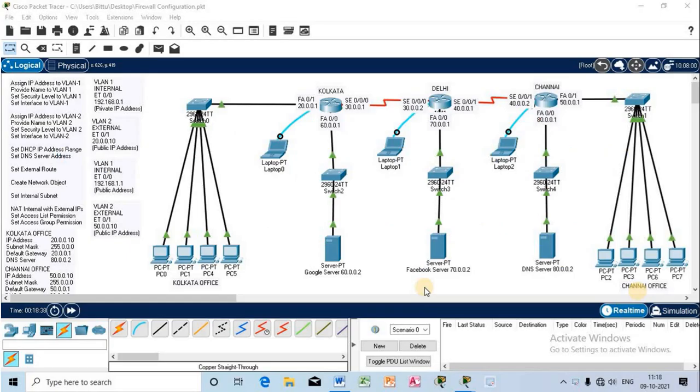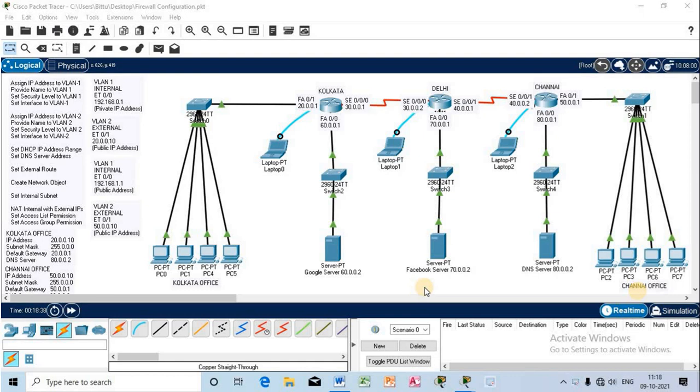This is the Cisco Packet Tracer application interface. You can observe this is the updated version. It seems to be similar, but there are certain changes you can observe. We have the working tools at our top left corner. Initially, in the older version, we had those at the right of the interface, but in this updated version we have the working tools at the top left corner, but all the networking devices, as usual, are available at the bottom left corner of the interface.